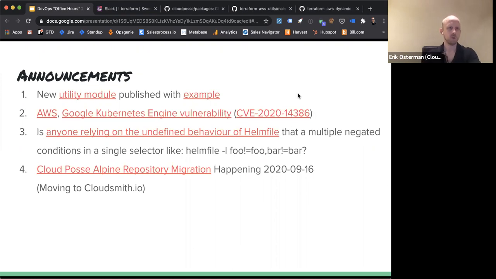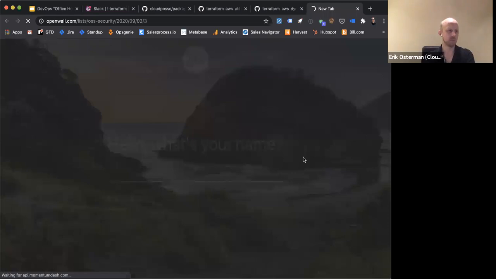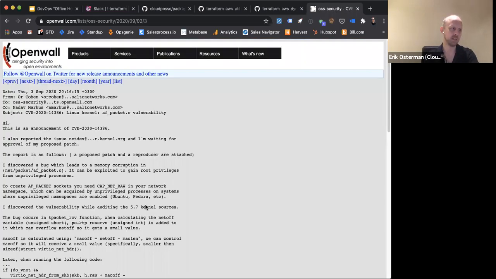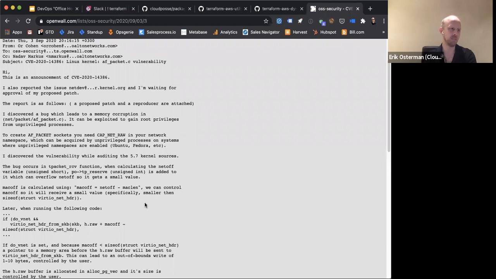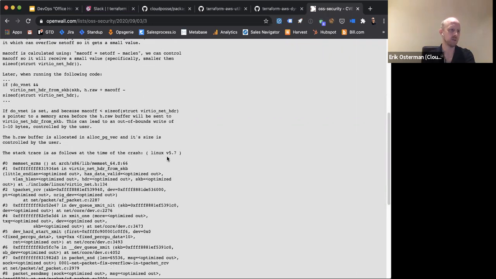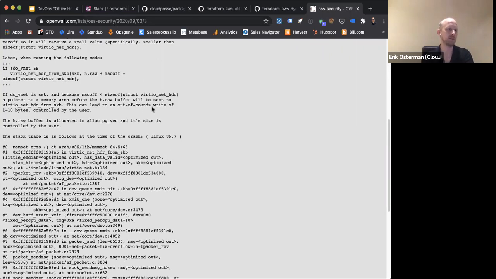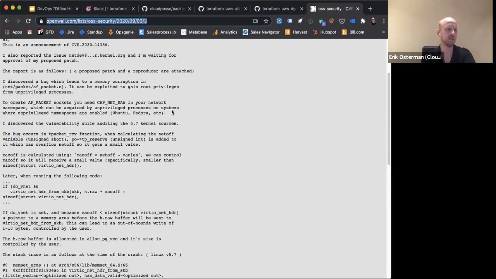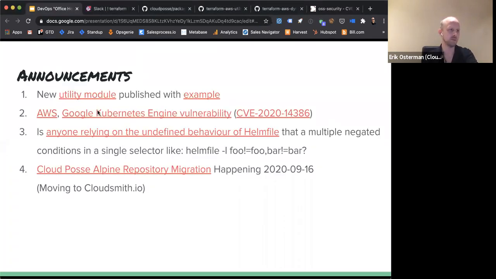All right. So it was raised in our Slack community that there was a critical CVE, which was a container jailbreak. So you can escape all the security constraints of a container. That was reported in the Linux kernel. The CVE is described in pretty good detail in this post. I'll share it in the Office Hours channel. And it's already been addressed by all the major cloud providers, but it might mean that you need to do an upgrade in order to take advantage of it. So here's the Google response to that.